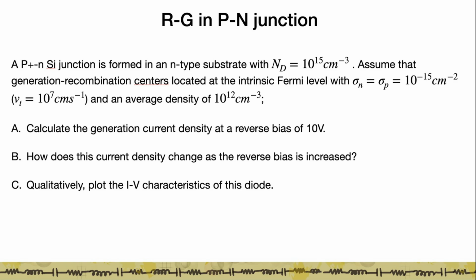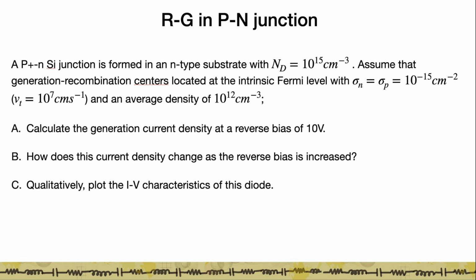Assume that generation recombination centers are located at the intrinsic Fermi level with capture cross sections sigma n equal to sigma p equal to 10^-15 per centimeter squared. The thermal velocity of the carriers you can assume to be 10^7 centimeters per second, and the trap density has an average density of 10^12 per centimeter cubed. You're asked to calculate: